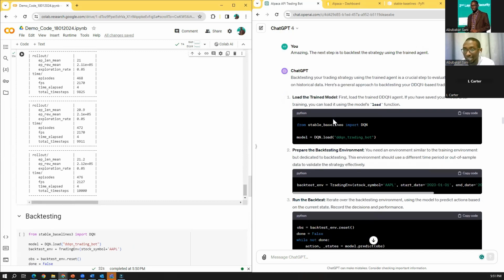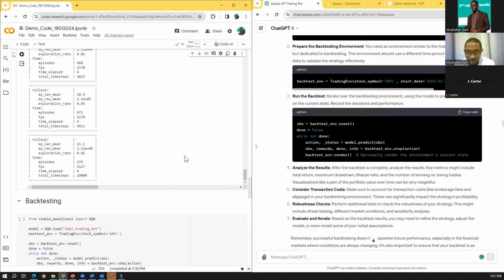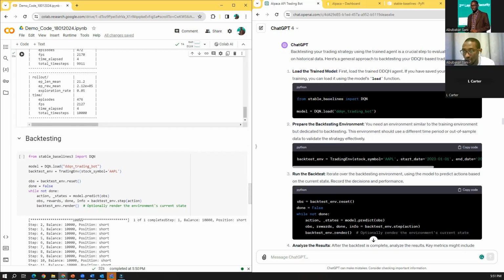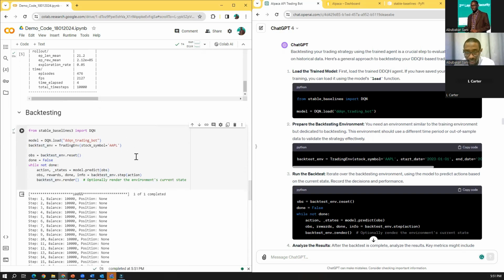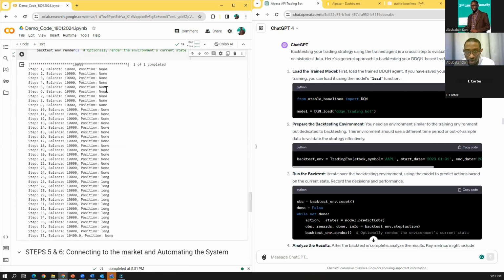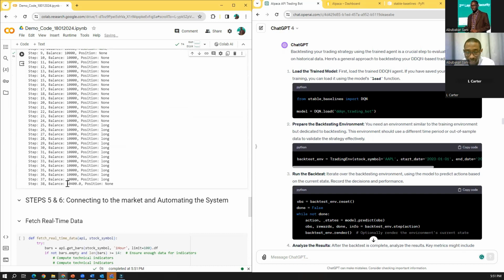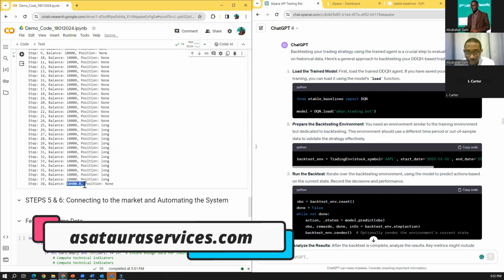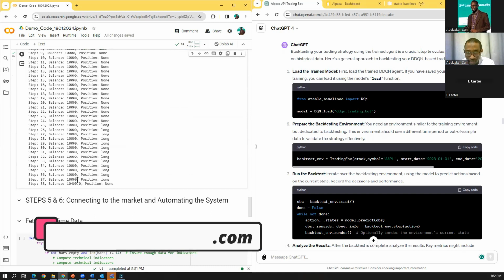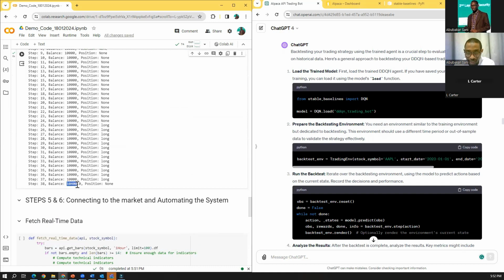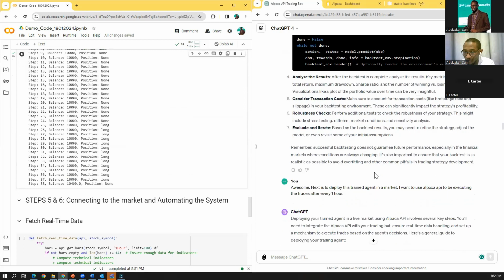The next is to backtest. Okay, to test it in the previous year. Give me the code backtest environment, which is this backtesting. Okay, so I will run this backtesting code. Okay, so many positions, long, long, short, short, nothing. Some I don't do anything. Okay, at the end, I ended up with 10,400. Remember, I started with 10,000. Now it has been able to make $400 at profit because the current account balance is 10,400. Okay, so we are happy.